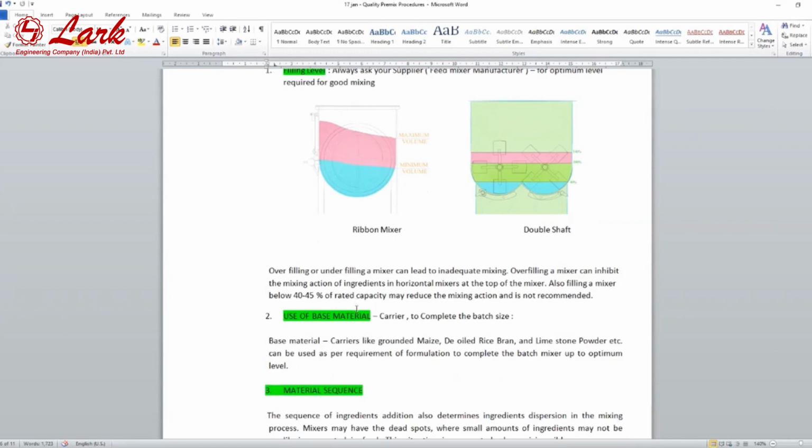Then the second is the use of base material. For example, we have a 500 kilogram mixer, but we have a premix requirement of only 200 kilograms for that day, and we want to produce premix for that day only, because the next day we have to run a separate recipe. We have a schedule of that 200 kilograms of premix requirement. So how do we cope with that